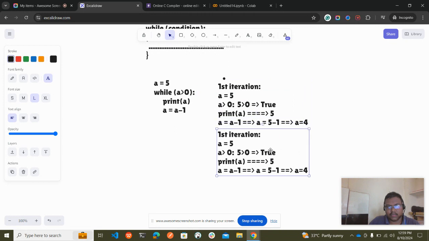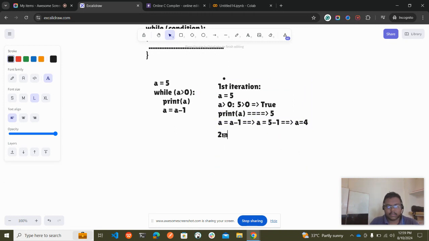In the second iteration, previously we got a is equal to 4, so now a is equal to 4 here, and a greater than 0 is true, since 4 greater than 0.